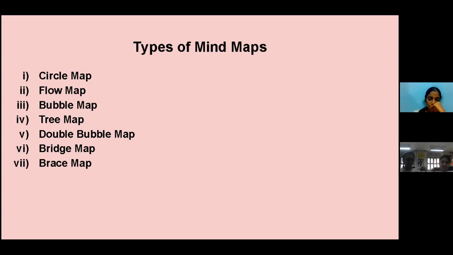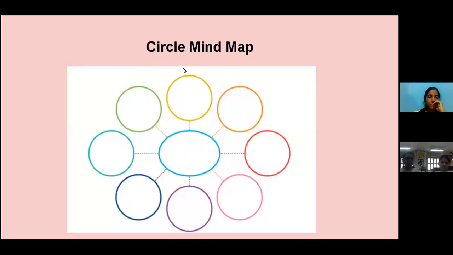Dialogue mind map is literally like you're writing dialogues, but 3-4 line sentences. That is a dialogue mind map. So that is also there. So we'll come next. One by one, we'll check. So come on, circle mind map. Now here I will actually show you how to do a mind mapping session. I'll actually show you.